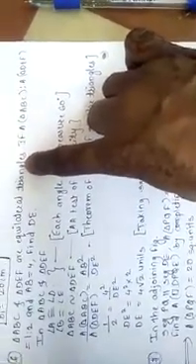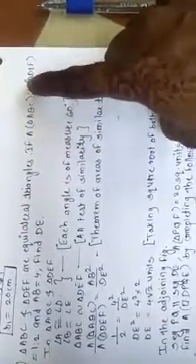Sixth example. Triangle ABC and triangle DEF are equilateral triangles. Equilateral means three sides are equal. If area of triangle ABC is 1, area of triangle DEF is 2 and AB is equal to 4, find DE. You have considered first in triangle ABC and triangle DEF.